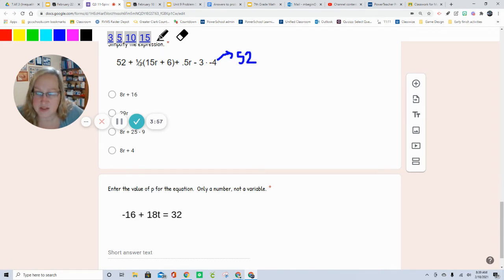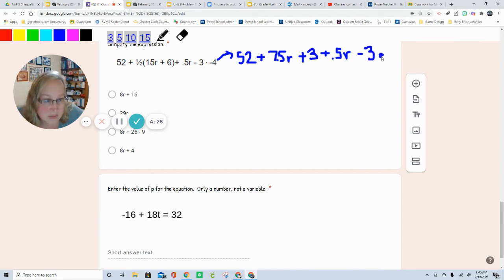I'm going to deal with that distributive property, 1/2 times 15, which is the same as the problem we did before. So 1/2 times 15 is 7.5 R. Do not skip this step if it's on the test. Then 1/2 times the 6, because you have to distribute to everything inside, is 3 plus 0.5 R minus 3